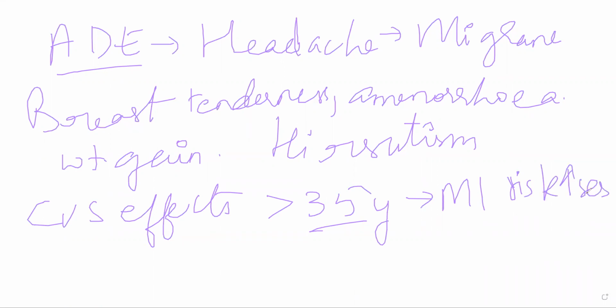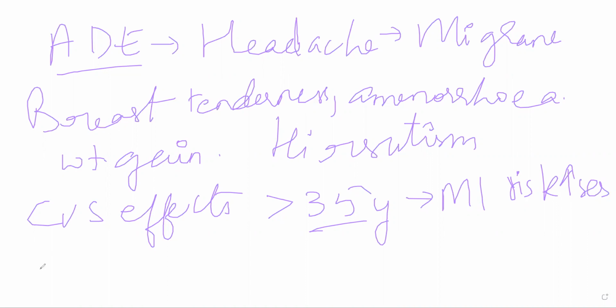ठीक है. Significantly increases the risk of myocardial infarction and venous thromboembolism as well. Coagulability of your blood will increase. Coagulability increase होने की वजह से there is a higher chance that blood clots will occur. Newer agents are relatively safer. They will not have as many CVS effects, but they will still cause some CVS effects.